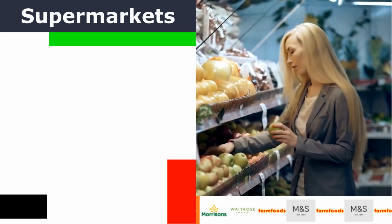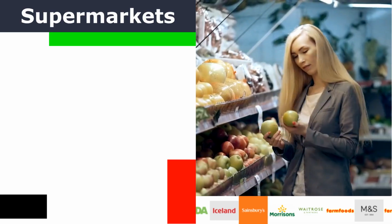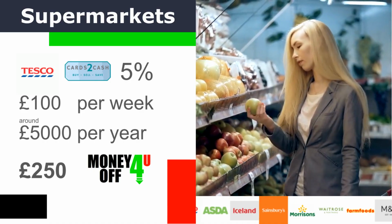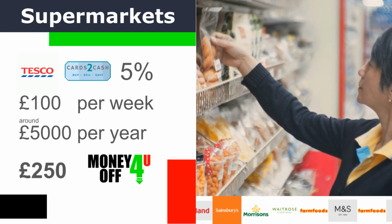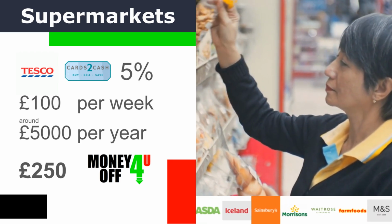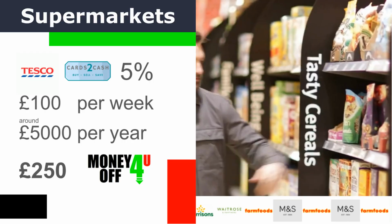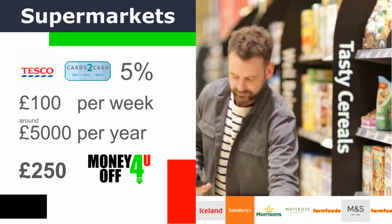Okay, now for supermarkets. This is where I get the most money off. Almost everyone needs to buy groceries. So this is the easiest way of getting money off on a regular basis. Tesco currently has 5% off. Perhaps you are thinking, 5%, is it worth the hassle? Well, imagine you spend £100 a week on supermarkets. That adds up to over £5,000 over a year. And 5% off £5,000 is around £250 over a year. I've been doing this for a while now, and for just a little extra effort, it paid for a chunk